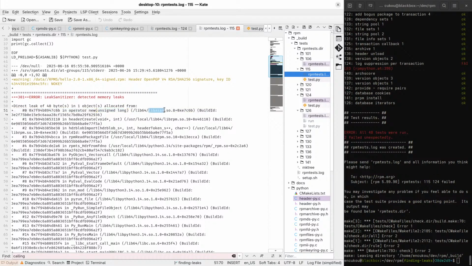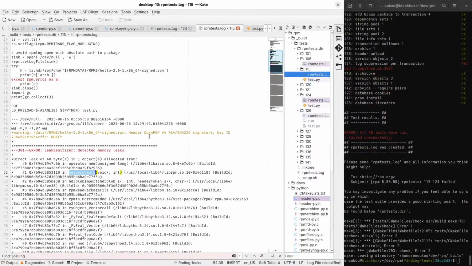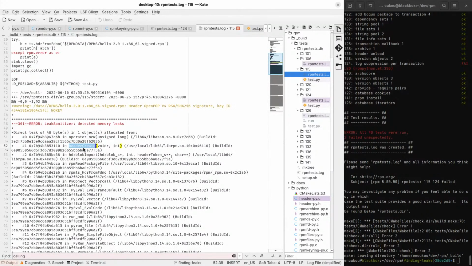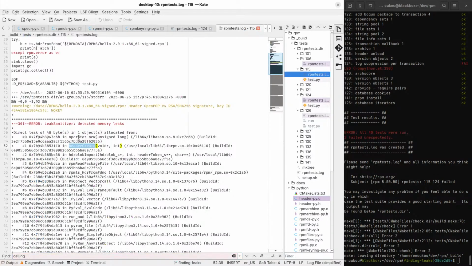Operator new and header create. Is the header somehow not being released? Package file header create.